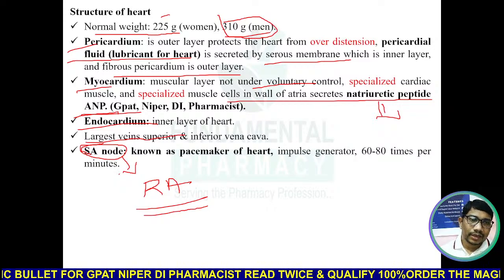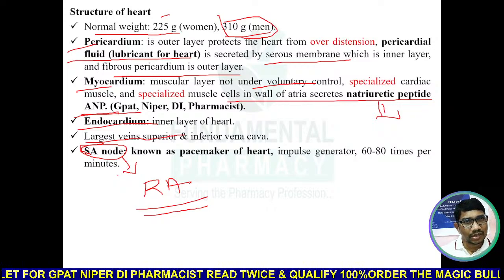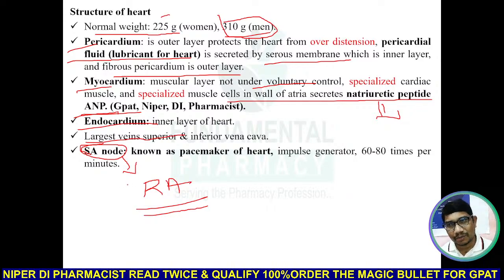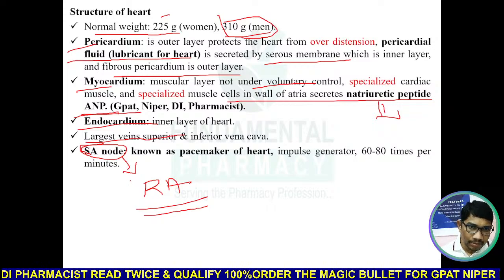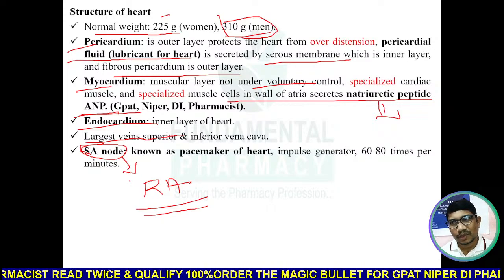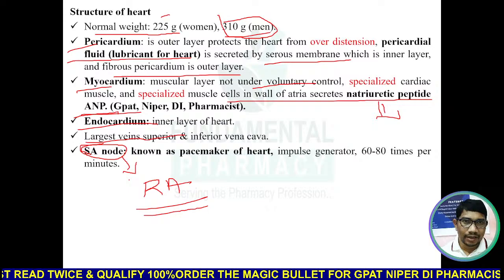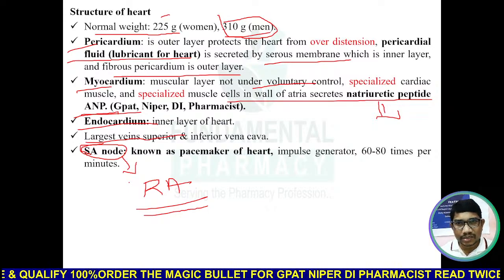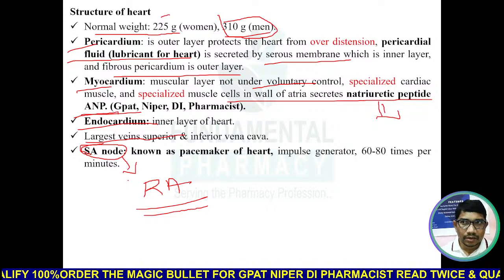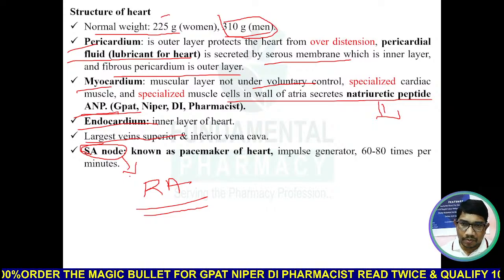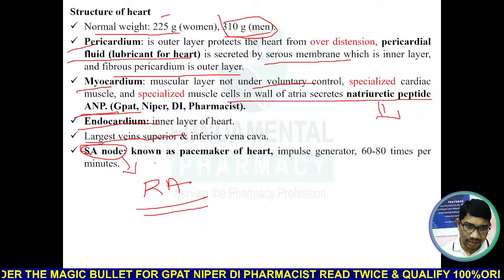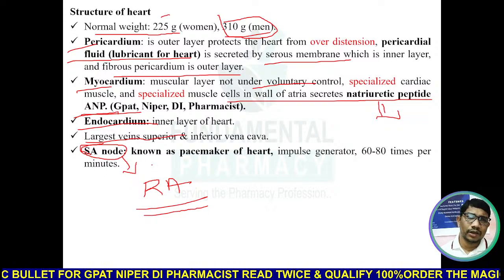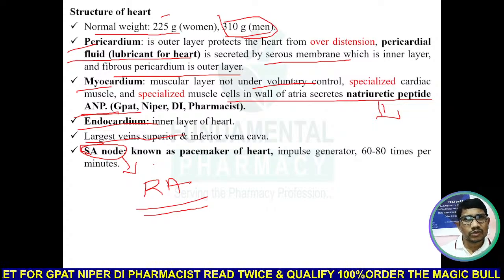ऐसे नोड में क्या होता है, एक पर्टिकुलर टाइप ऑफ सेल होते हैं जो इम्पल्स जनरेट करते हैं और वो इम्पल्स एट्रिया में पास करते हैं फॉर द कॉन्ट्रैक्शन ऑफ एट्रियल मसल. वही इम्पल्स बाद में ट्रांसमिट होके एवी नोड में जाता है, दैट इज नोन एज आर्टरियोवेंट्रिकुलर नोड, और बाद में कंडक्शन सिस्टम ऑफ हार्ट, बंडल ऑफ हीज, देन Purkinje फाइबर एंड देन वेंट्रिकल्स. ठीक है. तो ऐसे नोड, इट इज अ बंच ऑफ इलेक्ट्रिकली एक्टिव सेल, इलेक्ट्रिकली अनस्टेबल सेल, so which generates an